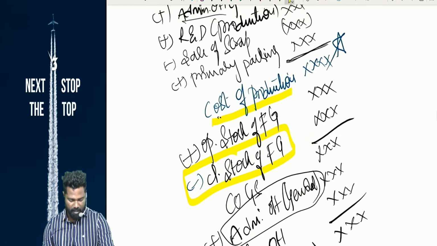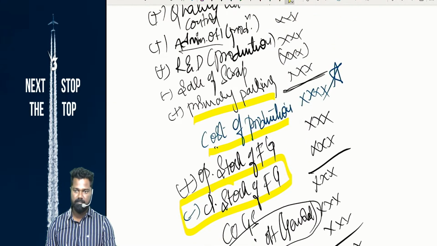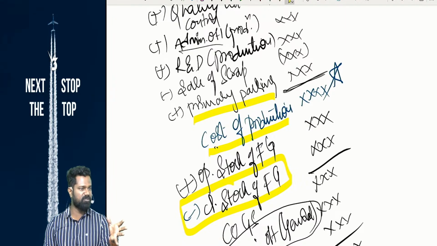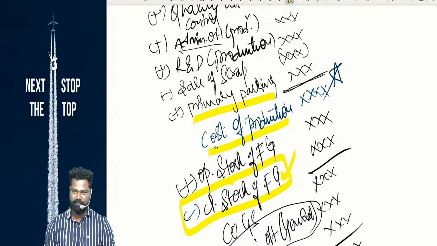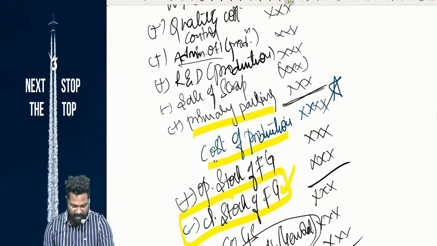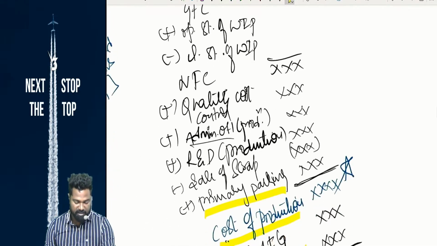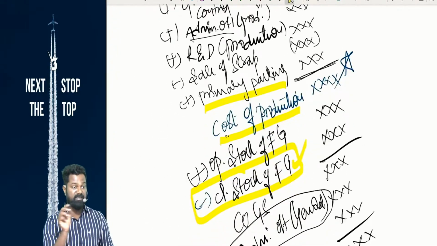Why? Because primary packing is also there. Primary packing is used for closing finished goods only. Primary packing is never used for WIP. Okay, primary packing is used for what? FG. Clear? So, when I say factory cost, whatever factory related expenses are there,